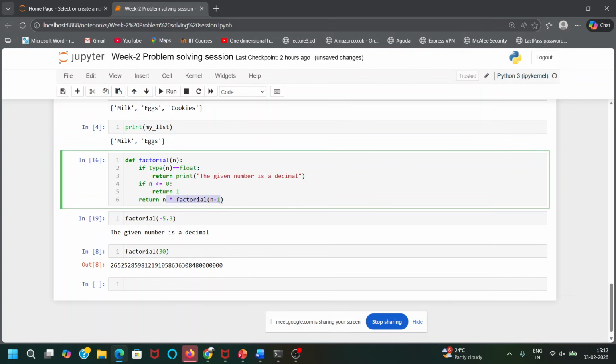Here you can see it is doing the same thing, n into factorial of n minus 1. I have to be very careful about this because I cannot give a separate condition for less than 0.